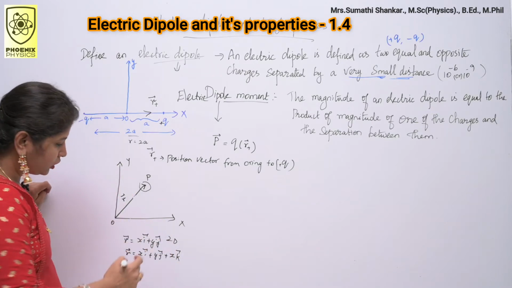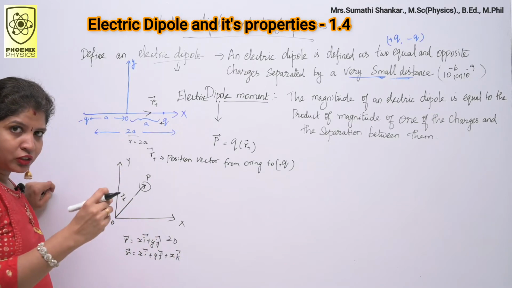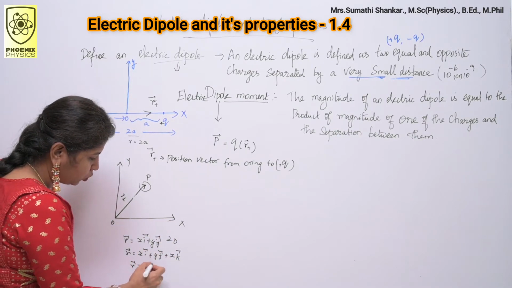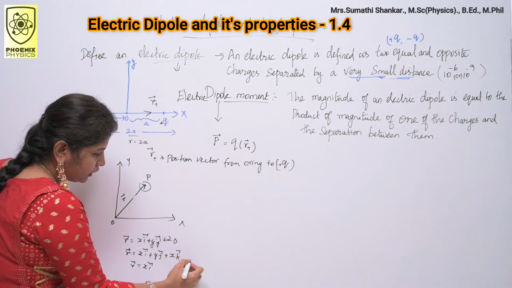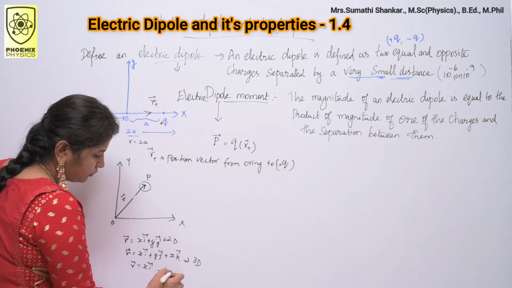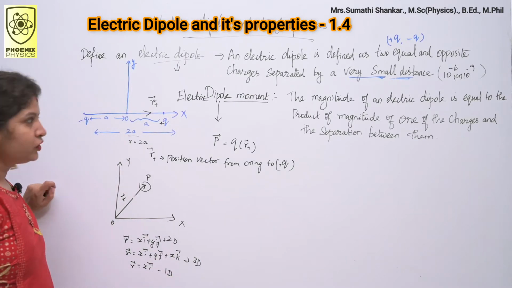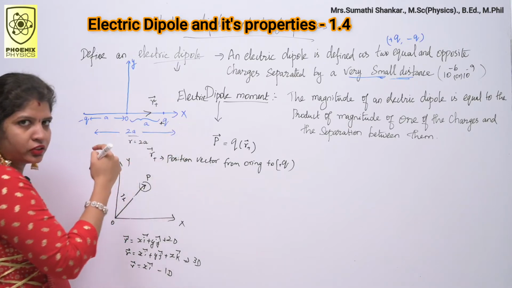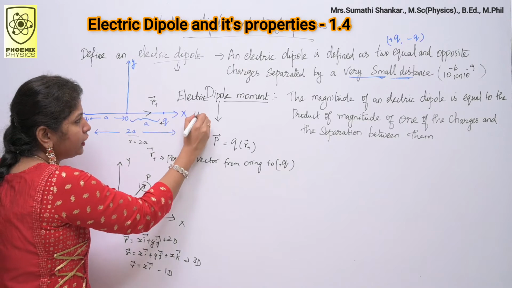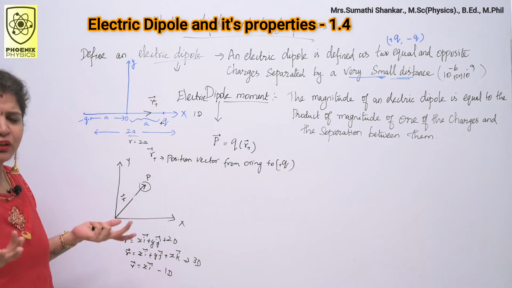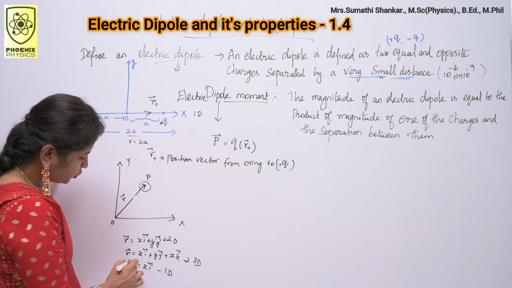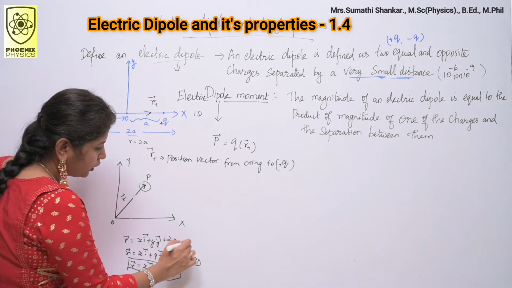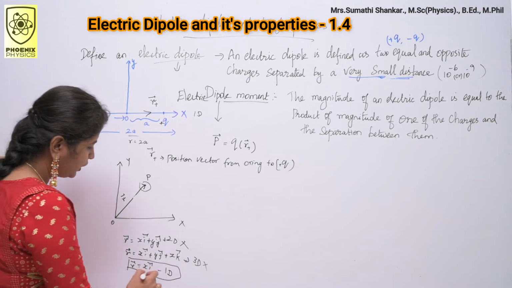If it is a one-dimensional line, one-dimensional means nothing but a straight line, so r can be written as x i vector alone. So this is for 2D, this is for 3D and this is for 1D. Here, for our convenience, we have placed plus q and minus q charges on the x-axis. So this is similar to our one-dimensional straight line. So we should mark the position vector r equal to x i vector alone. You need not worry about the 2D and 3D plane. So we need x i vector.